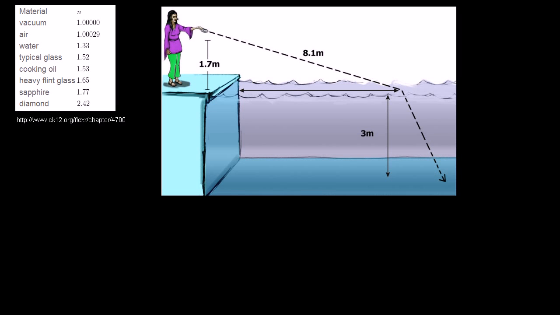Let's do a slightly more involved Snell's law example. So I have this person over here sitting at the edge of this pool, and they have a little laser pointer in their hand, and they shine their laser pointer. In their hand where they shine, it's 1.7 meters above the surface of the pool, and they shine it so it travels 8.1 meters to touch the surface of the water, and then the light gets refracted inwards, going